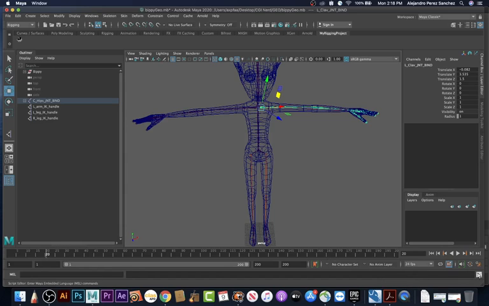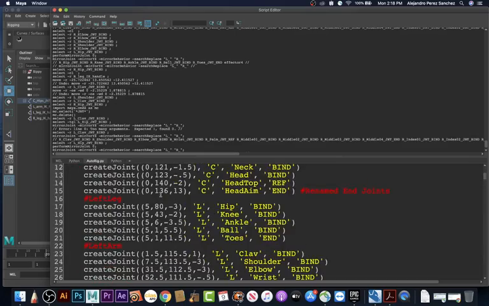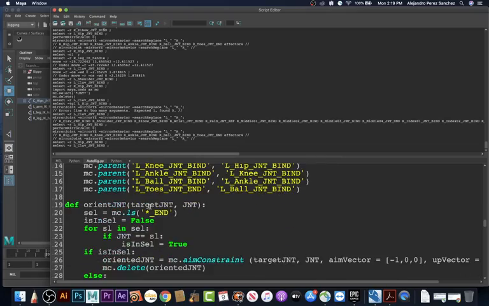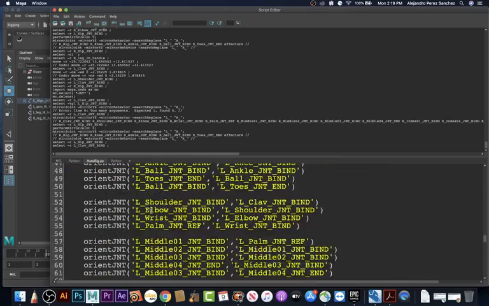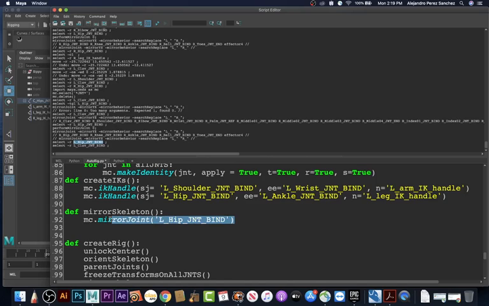So now that we have those, we can go here and let's find those functions really quick. There you go. So we're going to mirror the hip joint. And then we are also going to, let's copy all of this. Actually, let's finish this here. So mirror joint, we are going to do